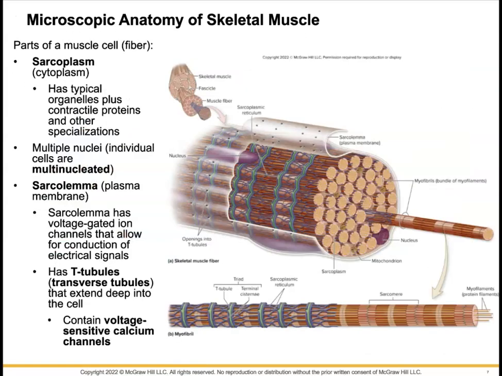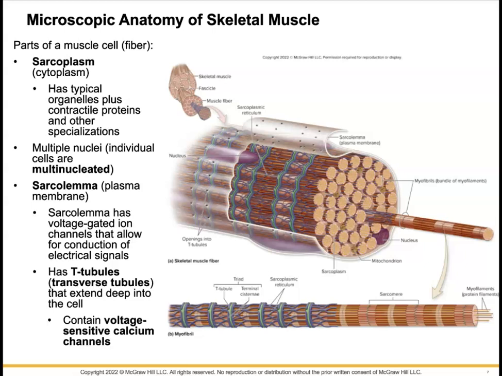Muscle cells have the typical structure of a cell, but some modifications that give them the ability to contract. So let's take a quick look at some of the microscopic anatomy. The sarcoplasm is the cytoplasm of the cell. Sarc means flesh, so typically if you see something that says sarc, it is referring to something to do with muscle. The sarcoplasm has the typical organelles plus additional proteins that function for contraction and some specializations of some